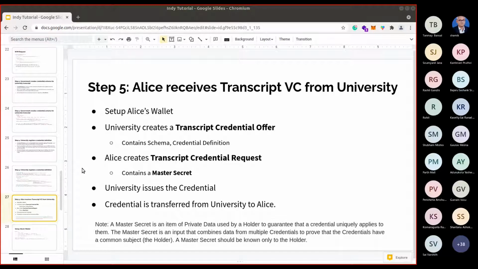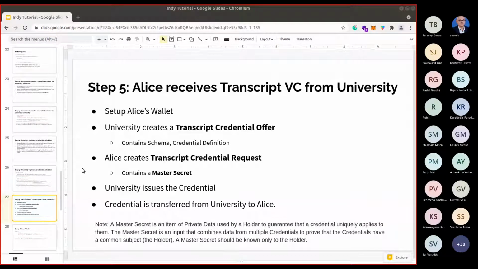This is a flow where whoever will be issuing creates an offer first, and then according to the offer, the recipient of the credential will generate a request. So here the university will create a transcript credential offer, and the offer will state the schema as well as the definition. The schema is obvious, and the definition is basically, since this university is issuing it, it will have its own definition.